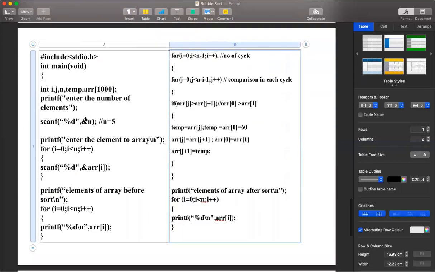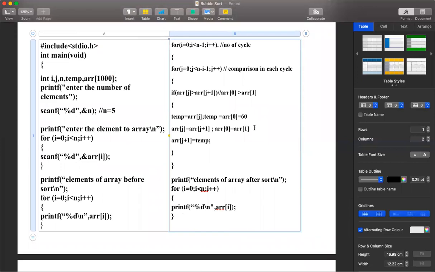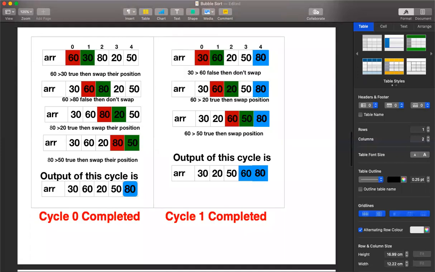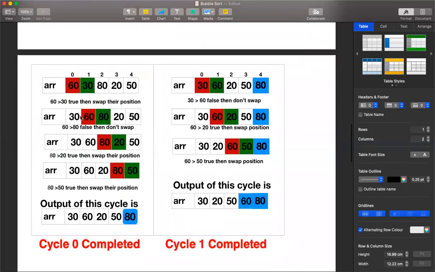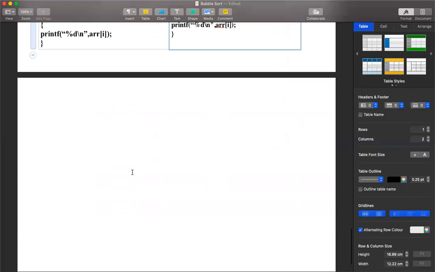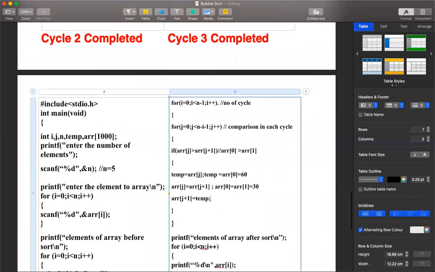So it has been saved. Now array of 0 has 30. But after the comparison, what should be the value of index 1? Index 1 should get the value from array of 0, that is 60 should be saved in array of 1. So in the next step, it is array of j plus 1 equals temp.